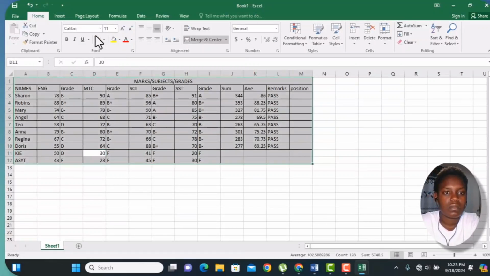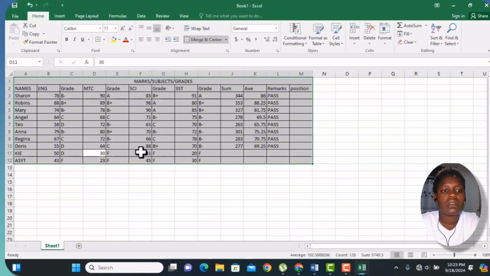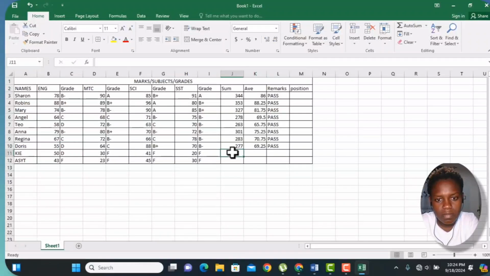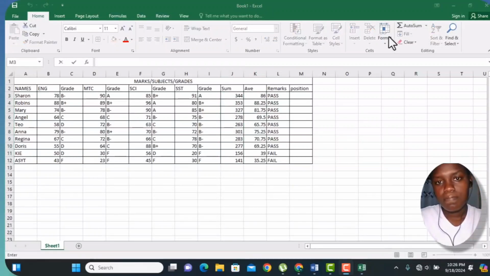So for rank position, we are going to use the rank formula, still equal sign. We type in rank, open brackets. We are going to base on our ranks, we are going to use the averages to get the position of every student, who is number 1, who is number 2, who is number 5. So we are going to use the column for average. So the column for average, we have K3. So K3, comma,